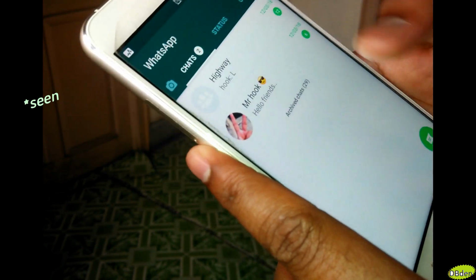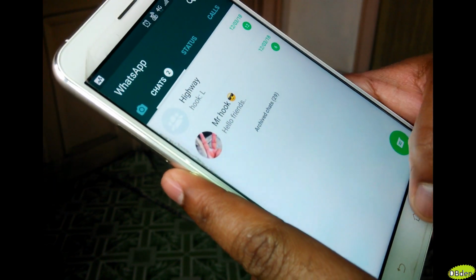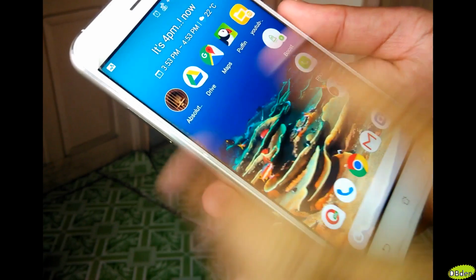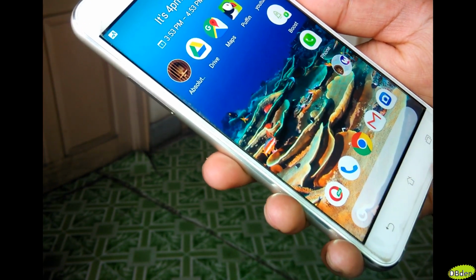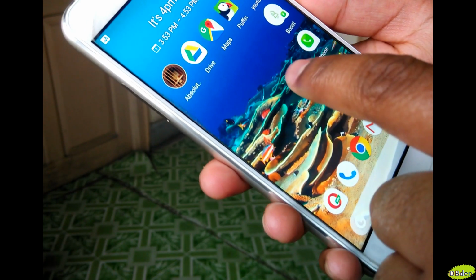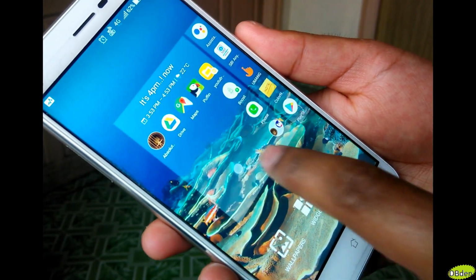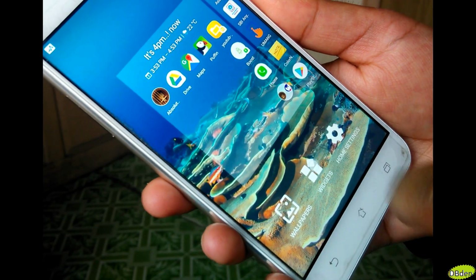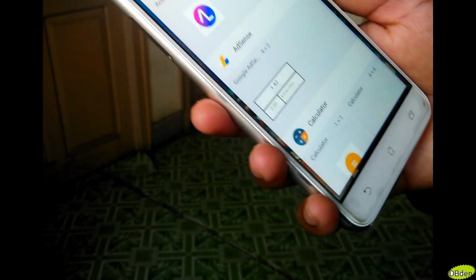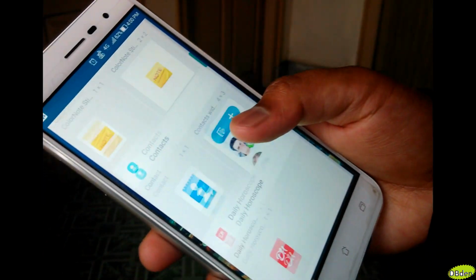But if you don't want to open it and read, but still want to know how it's done, first you press the home button, and once you come in here, just long press. Once you long press, you can see widgets. Just click widgets, and once you open widgets, you just go to